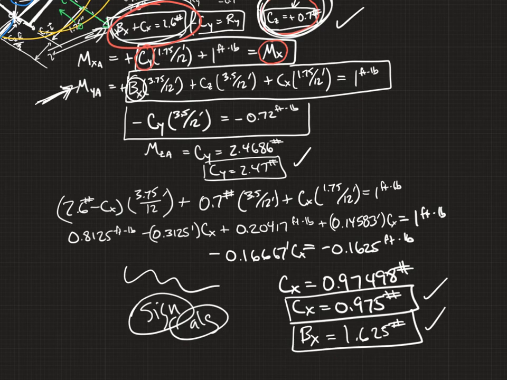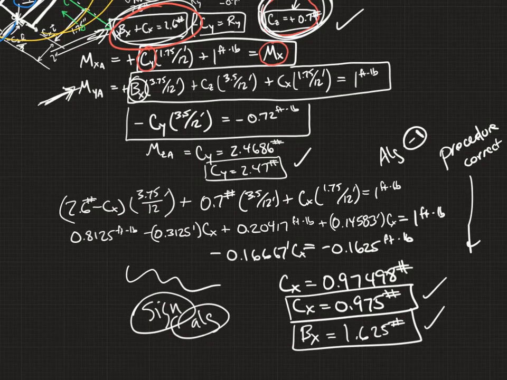But the procedure is exactly correct. So the procedure is correct. And if it is an algebra error on an exam, I would keep looking until I find it. Or if I can't find it, I'll just write algebra minus 1, and you'll lose 1 point out of 10, right? So don't sweat it too much. And on an exam, of course, I will definitely find the error. Anyway, so if